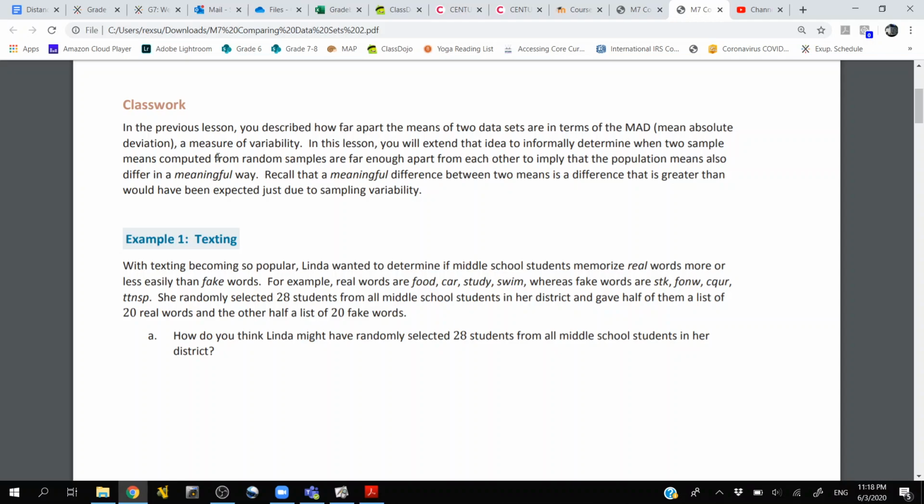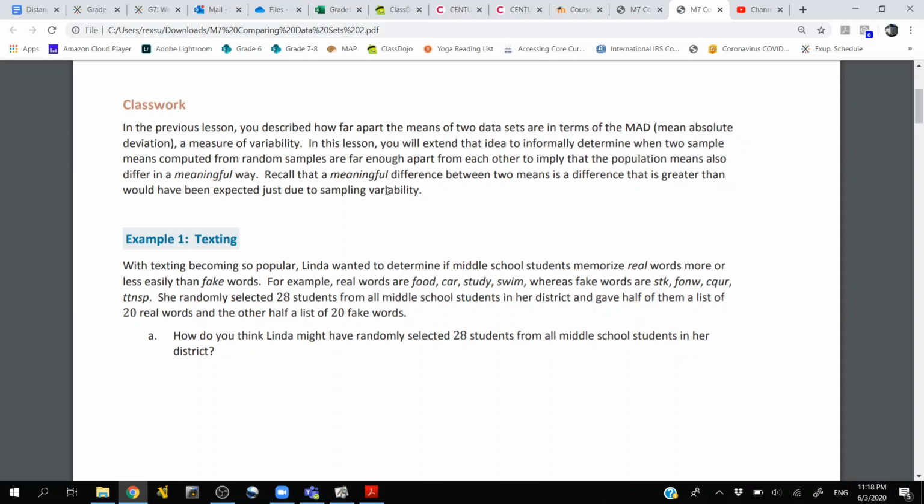What this is saying so far is that the boys and girls had different means yesterday in how long it took them to do the puzzles, but is the difference a result of the sampling variability that we were talking about in the video earlier? Like, did we just choose people on the right and left end of the curve? Or are they actually different populations? Do boys and girls actually take different amounts of time to attack those puzzles?